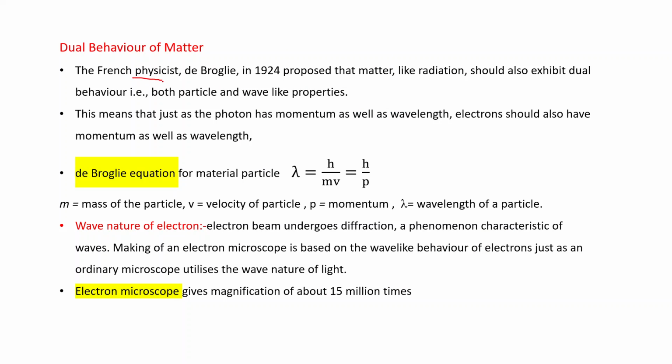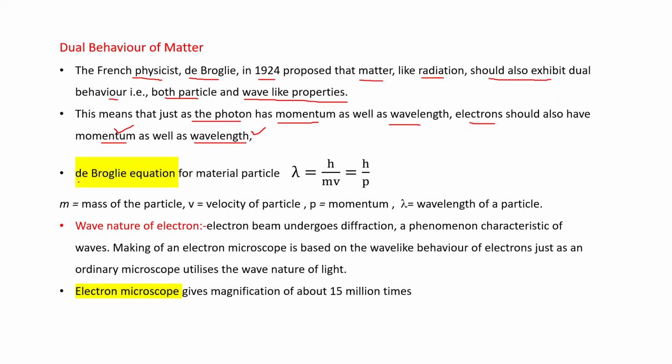The French physicist de Broglie in 1924 proposed that matter like radiation should also exhibit dual behavior, that is both particle and wave-like properties. This means that just as the photon has momentum as well as wavelength, electrons should also have momentum as well as wavelength. Wavelength is the characteristic of wave and momentum is the characteristic of particle, and both are related with each other